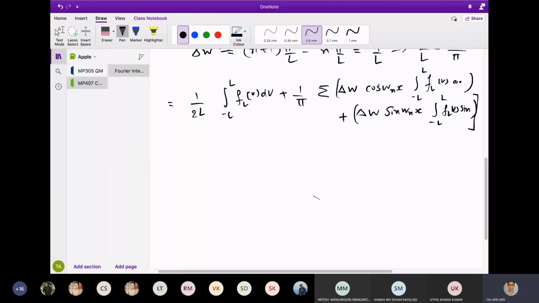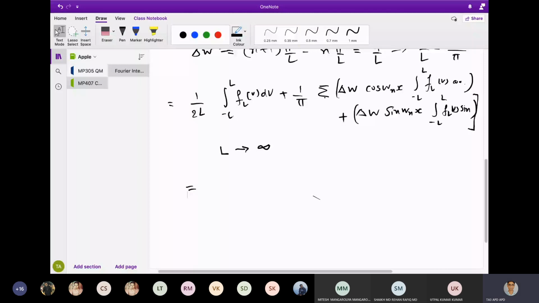Delta w. Now, what we want to see is what happens when you take L up to infinity, because now comes the part where you are converting from the discrete format to a continuous format. Summation is generally used for discretization, and the integral is used for the continuous operation. So if you take L tends to infinity, this term will be 0, because L tends to infinity. So the first term will be equal to 0, and if you write down the remaining two terms, this is going to be equal to